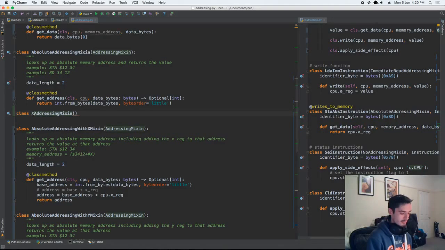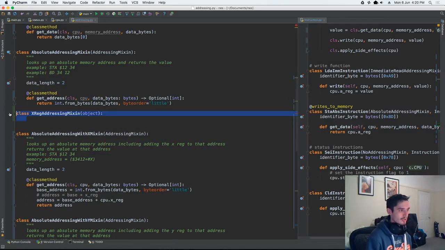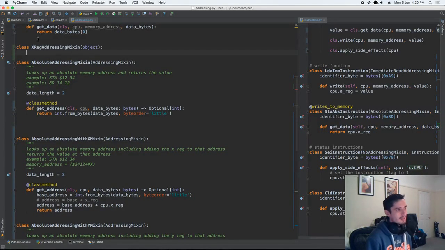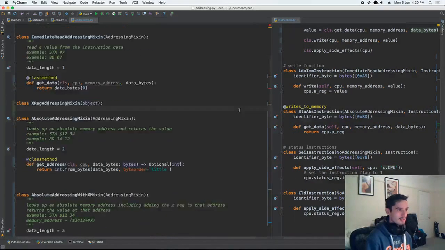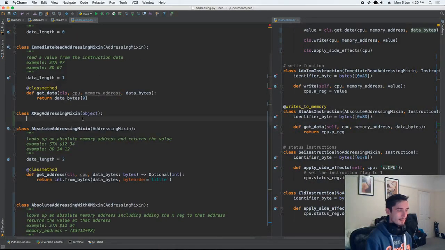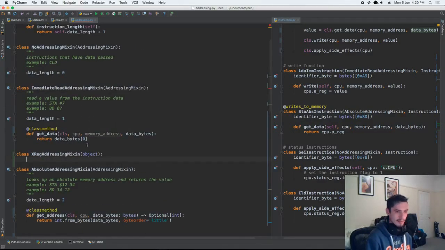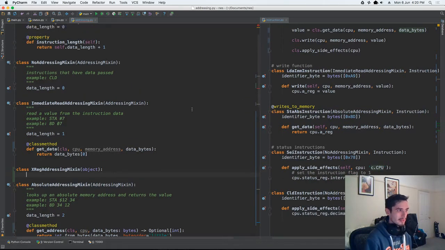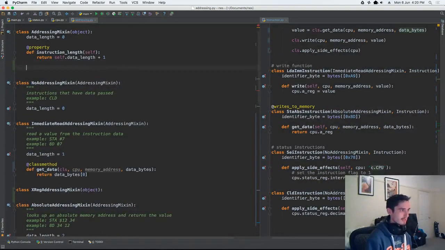And it's going to be an X reg addressing mixin. Let's call it that. Let's make it inherit from object. So we're going to try and do this now, and we'll see how it works. Basically what we want this thing to do is to return the value of the X register when queried. And really what this is going to define is an offset, because that's what the X and the Y are doing: an offset in the memory location. So I think I might just make the addressing mixin